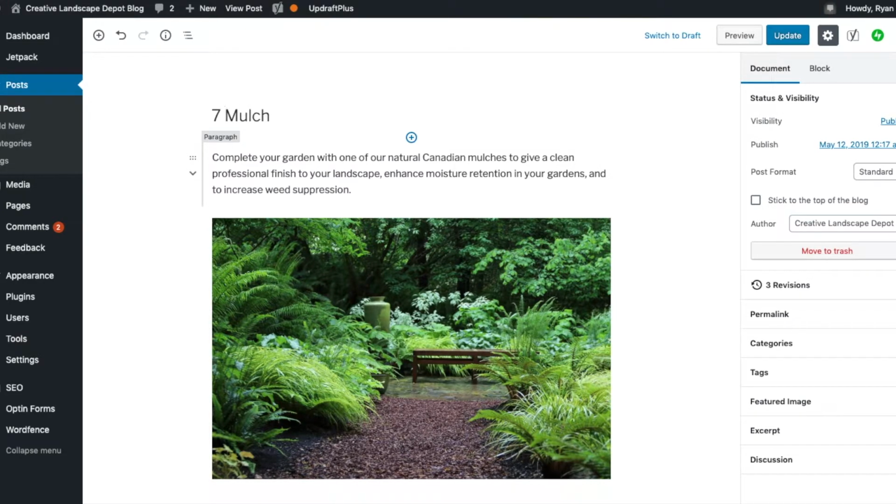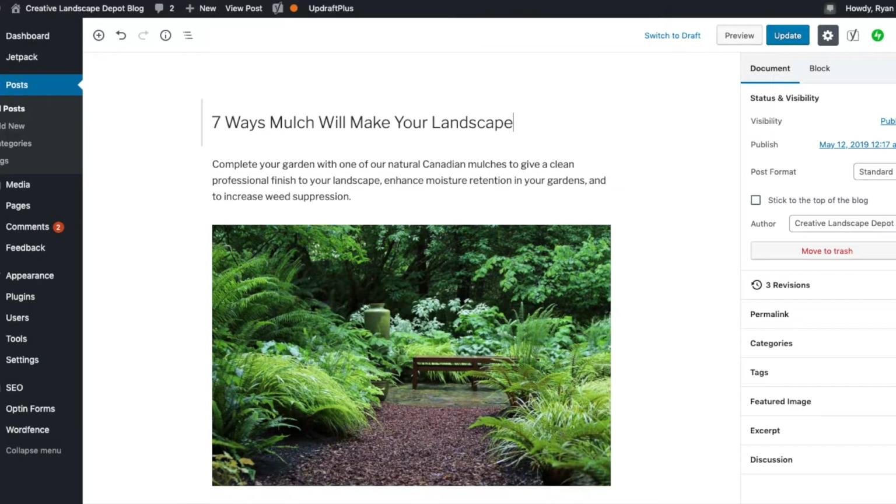7 ways mulch will make your landscape, that's a better keyword, look rich. That's a fun title. Everyone wants their landscape to look rich. We'd have to go back and figure out how many of these ways we're actually delivering on. So I've just stuck the 7 in there for now, but we would go through and